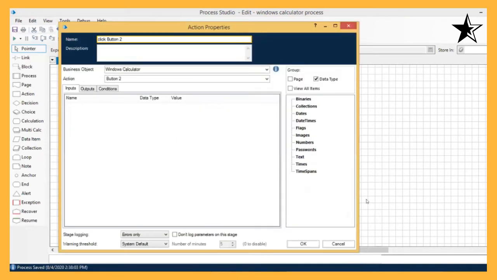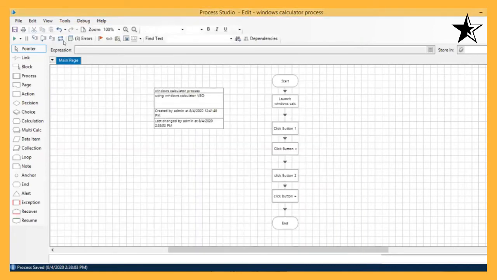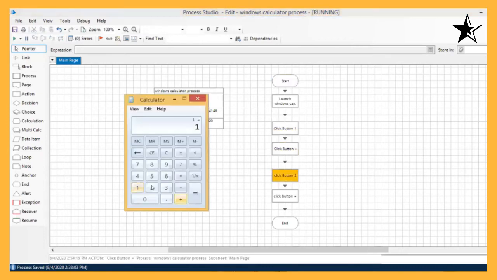Yes. Now all the process has been done. I just reset. You can see the validation showing 0 errors. Now just running the process. The calculator has been launched. Button 1 has been pressed. Plus has been pressed. 2 has been pressed, and equals has been pressed, and it is running successfully. Right. This is how we have done the automation of an inbuilt application of the system, that is the calculator. Similarly, we can do the automation for the remaining system applications. This is one of the simple examples I am telling.